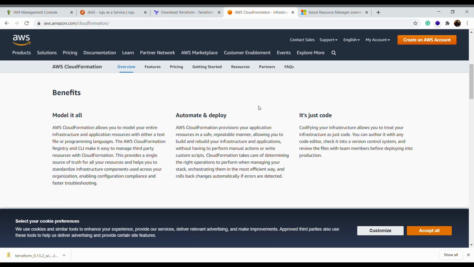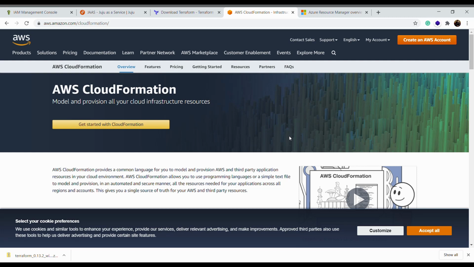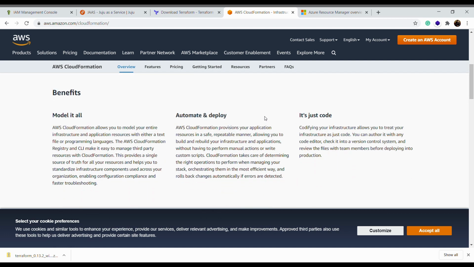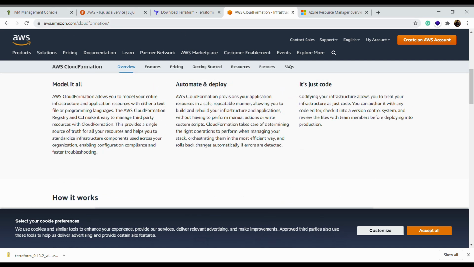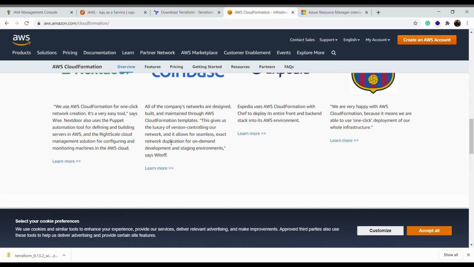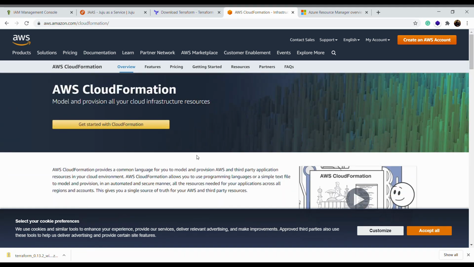Next one is AWS CloudFormation, and I think that I will dedicate a special lesson or episode to CloudFormation and its related features, especially security, serverless application model, and I have something in mind like WAF, Web Application Firewall as a code. If you go to aws.amazon.com/CloudFormation, you will find lots of details and interesting information.